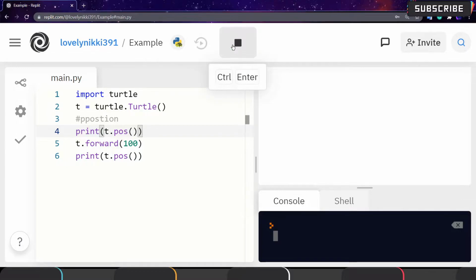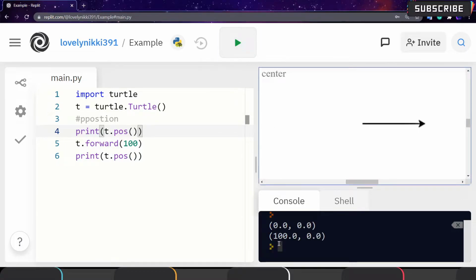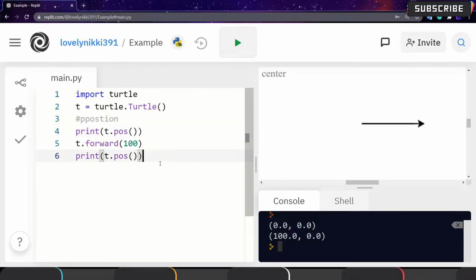So let's see now. You can see that it is giving the current position of the turtle. Because we moved the turtle forward 100 pixels, this is how the position function works.